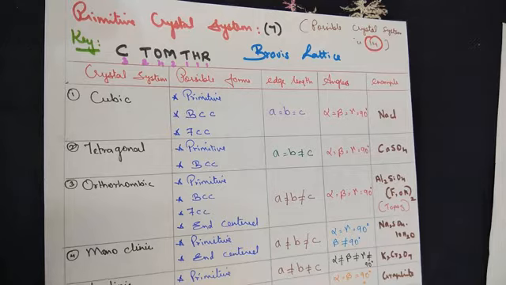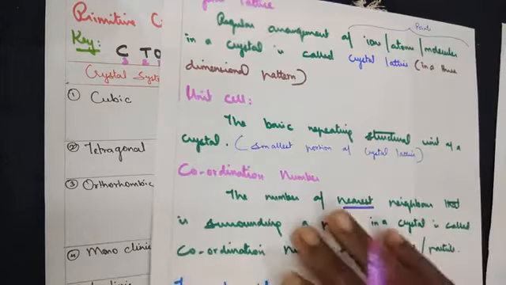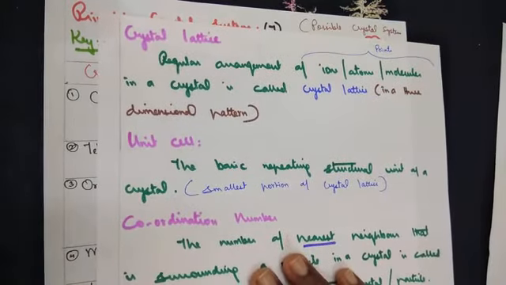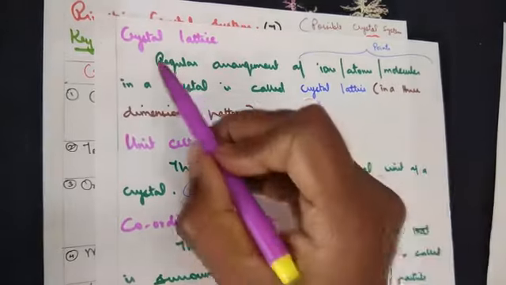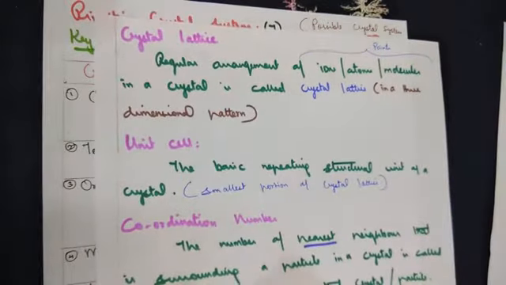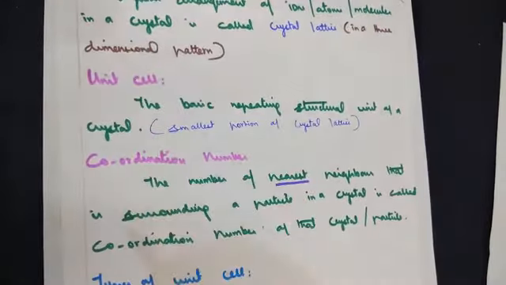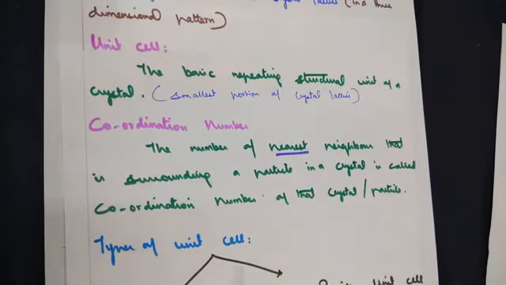In the previous class, we saw the general characteristics of solids and the classification of solids, and as prescribed for our standard 12 syllabus, crystalline type of solids and their categories. What are they made up of? What are their characteristics? What type of forces bind them? Then we moved on to learn three different common terms in this chapter. One is crystal lattice. The second one was unit cell, and the third one was coordination number.